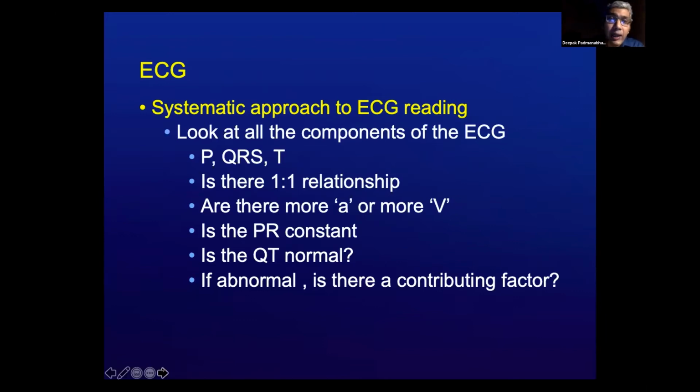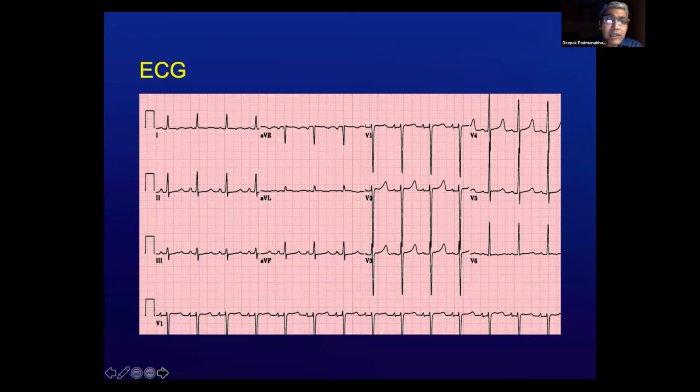With this initial approach, let's look at a few ECGs and possible challenges in the diagnosis. Diagnosis remains half the way towards managing the patient, especially in a critical care setting where timely decisions are very important. So this is a typical ECG that you want to see. No baseline drifts, a very clean, noiseless ECG that you have. Look at the P waves, the QRS and the T, there seems to be a 1:1 relationship between all of them.